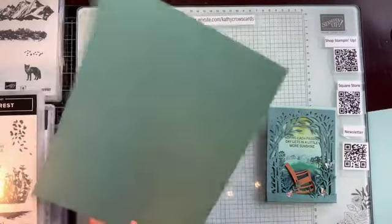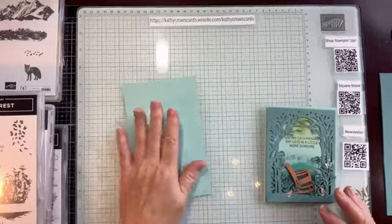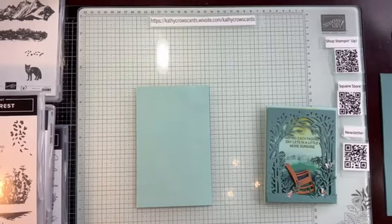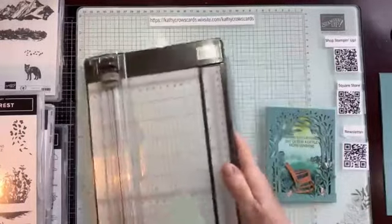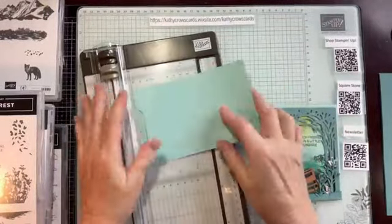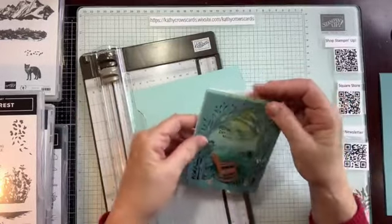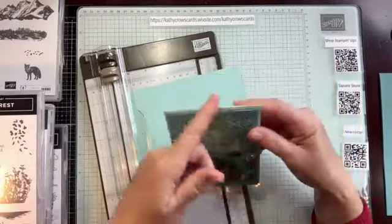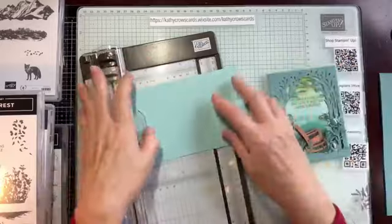So this is Lost Lagoon. This is a color that's coming back, of course. This is Pool Party. And we're going to start with a piece of Pool Party and see how we can get going on that. Now, I don't even really need my cutting board, but I might as well start with it. We're going to do a card base that's going to be this background picture, and I'm going to just make that the mat as well. So we're going to go ahead and do this at